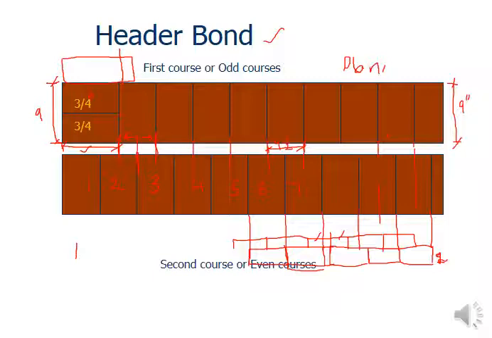So always, the header bond you cannot develop for a 4.5 inch wall. In the previous lecture also we have discussed, your header bond always starts with a 9.5 inch thick wall. Okay, and also you can make your header bond for a 13.5 inch wall. But not for 4.5 inch, because for the header bond along the face you require 4.5. So along the thickness in the lateral direction you cannot place 4.5. It's always 9.5 inch.